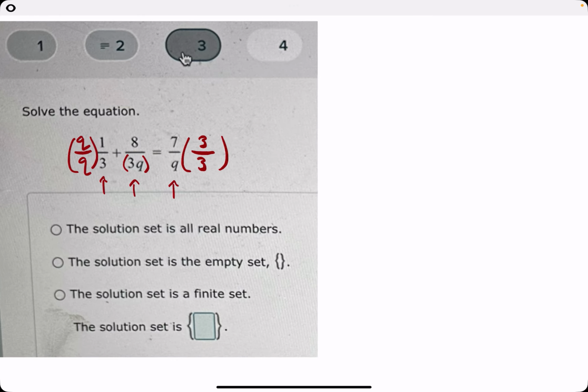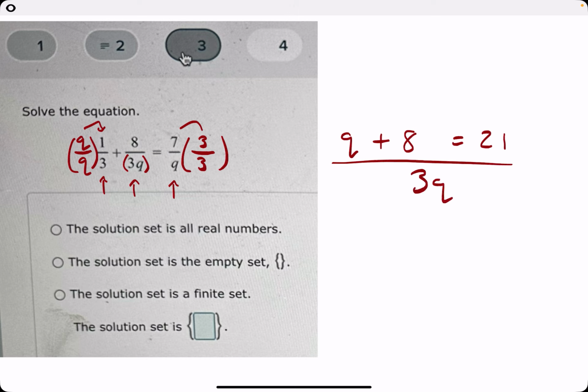So we multiply Q times 1, we get Q. We have an 8. We have 7 times 3, 21. And now all of this is over 3Q. Okay, this is kind of interesting. At this point, really what's going to make these equations equal to one another, notice, it's just q plus 8 over 3q